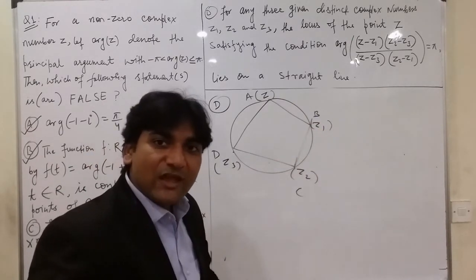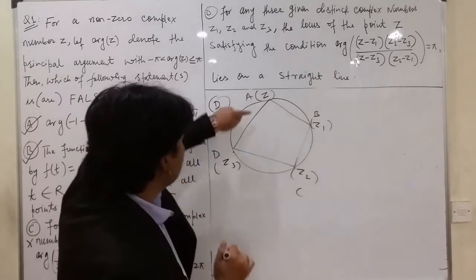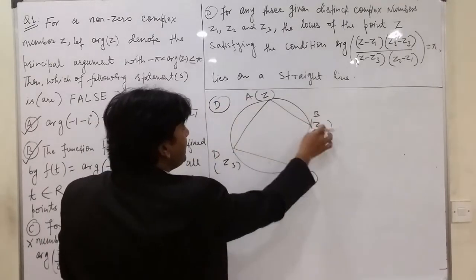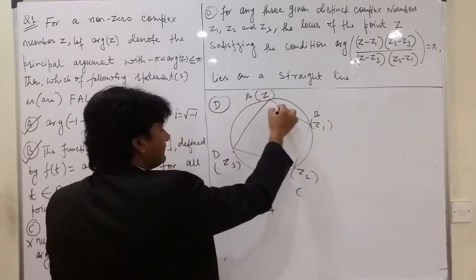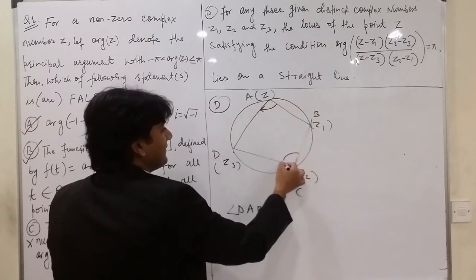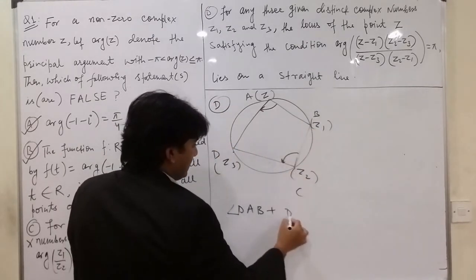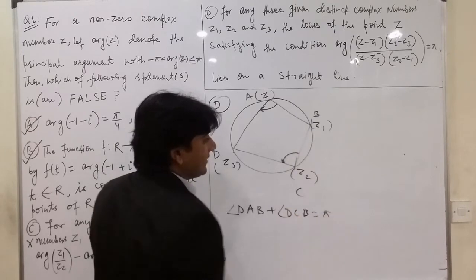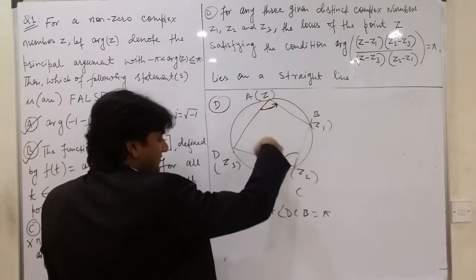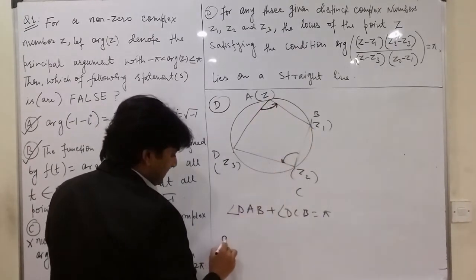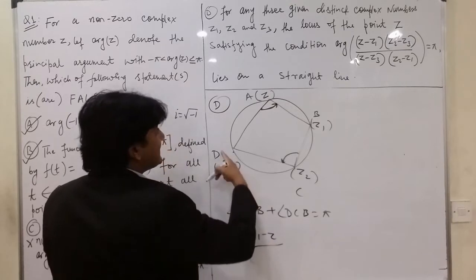So in a cyclic quadrilateral, we have a property: the sum of opposite angles is 180 degrees. So if I say angle DAB plus angle DCB, this is pi. The sum of these two must be pi, and I have to take the anti-clockwise sense, right? So if I take the anti-clockwise sense, then I will write argument of (z1 minus z) over (z3 minus z)